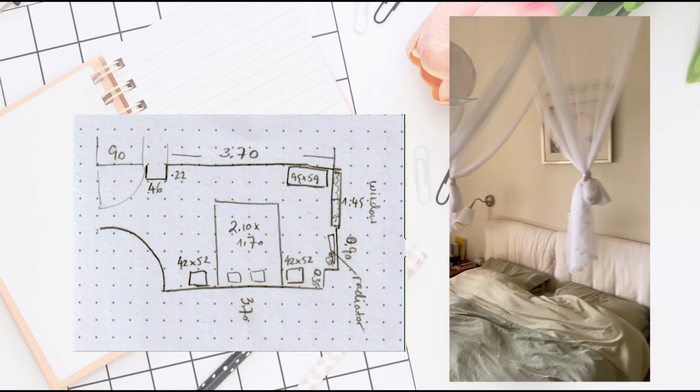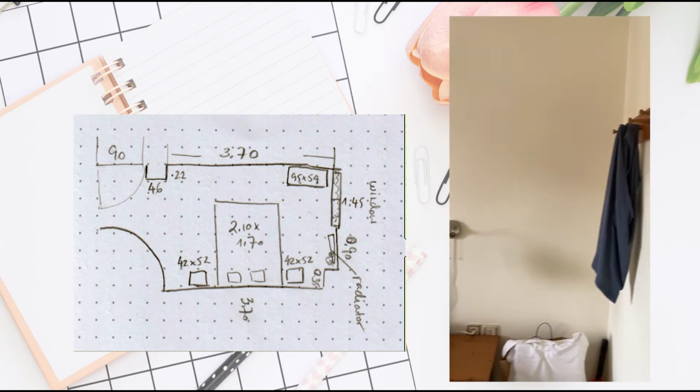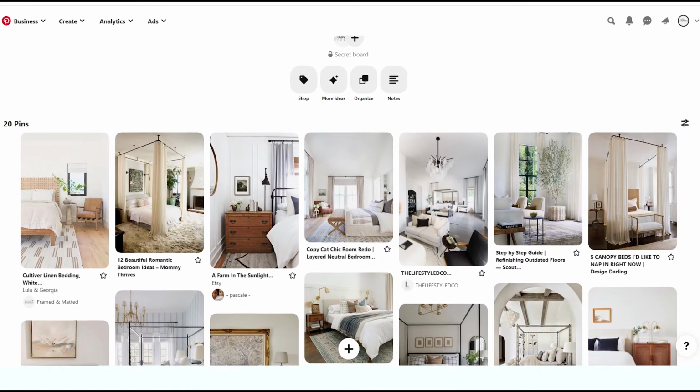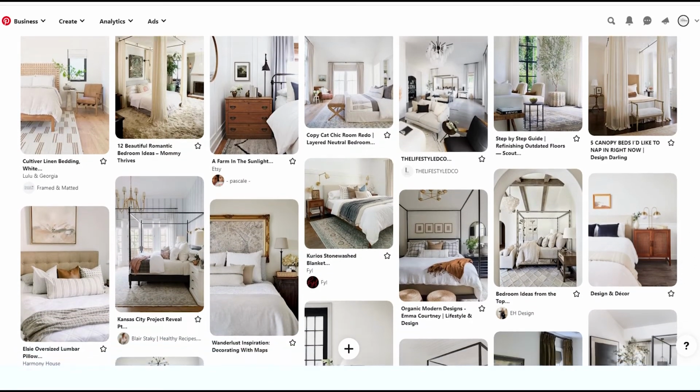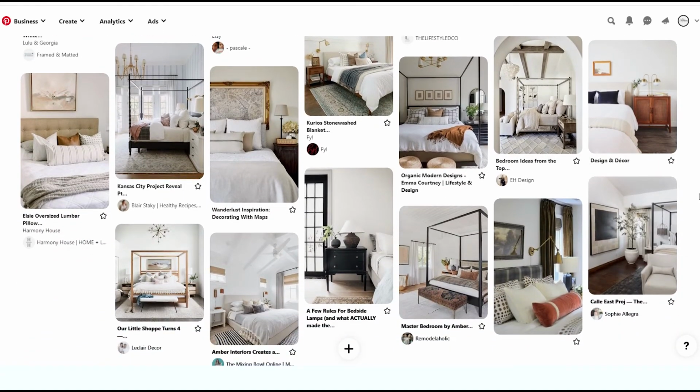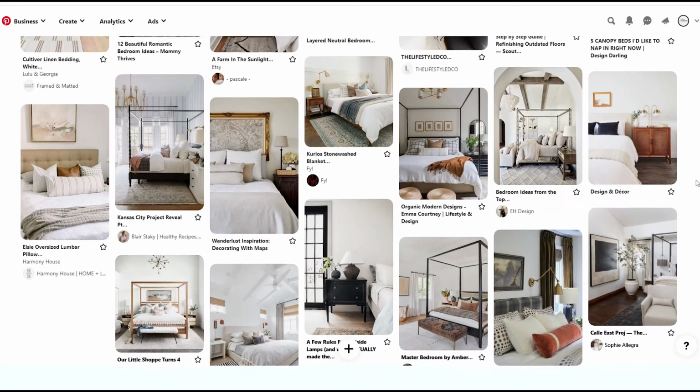In this project, the client is already a friend of mine, so she has given me full freedom to do whatever I wanted in this space. Despite that, I tried to keep a logical budget, just in case she wanted to copy some of these ideas